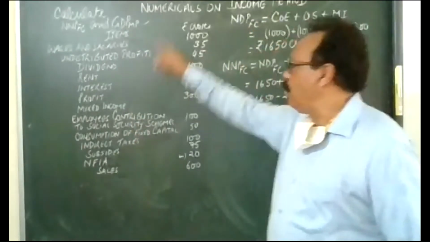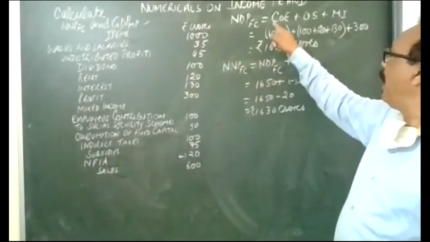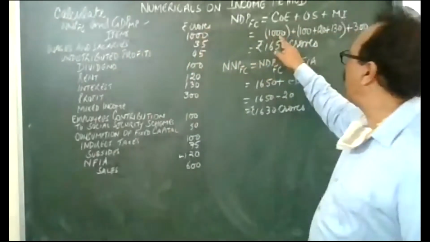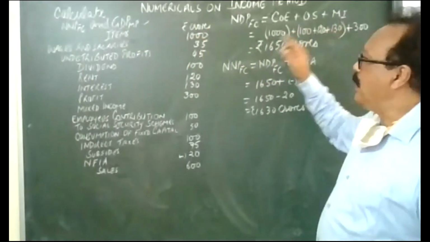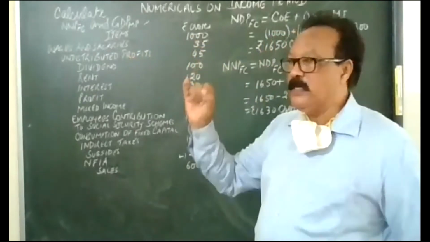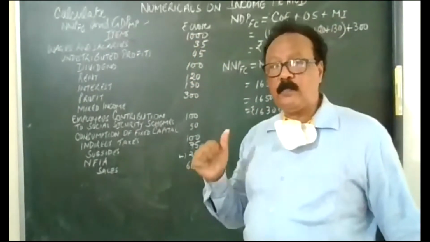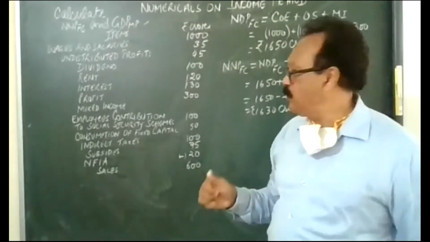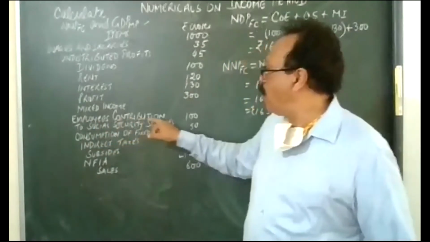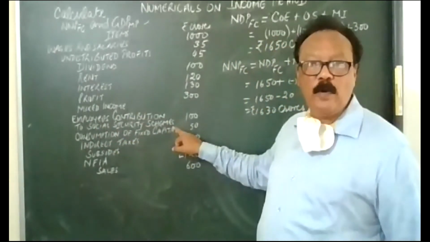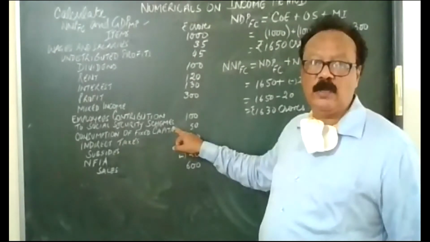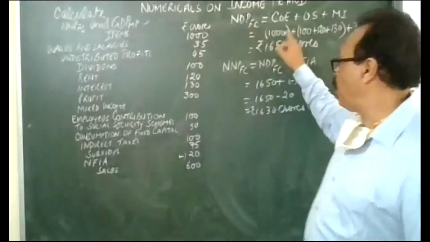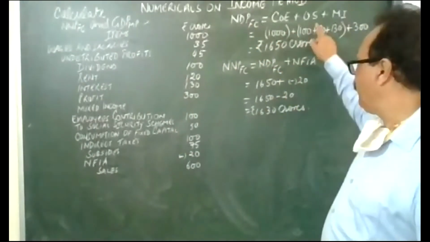From the data given, from the entries given, find out all that falls under COE. We see we have wages and salaries 1000. Anything else? We have wages in cash, wages in kind, and employers' contribution to social security schemes. Here we have employees' contribution to social security scheme. Employees' contribution is not taken for calculation of national income in the income method, only the employer's part. So COE is just 1000, which is basic salary.